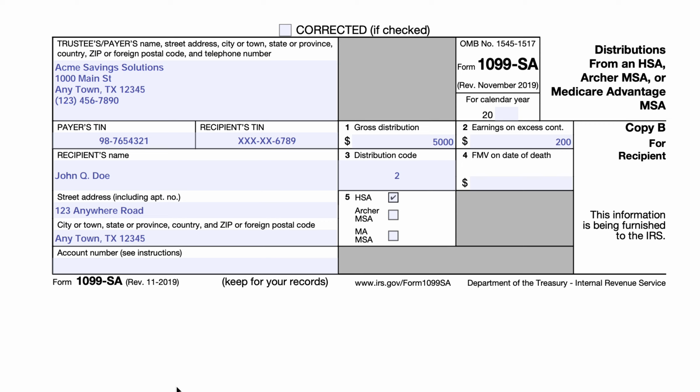So the 1099-SA should not be confused with IRS Form 5498-SA, which is the tax form that reports contributions to one or more of those accounts. So this is a fairly straightforward tax form. It's an informational tax form that recipients should expect to receive by the 31st of January in the year following the distribution. So on the left-hand side of the form, we have all of the information for both the trustee,